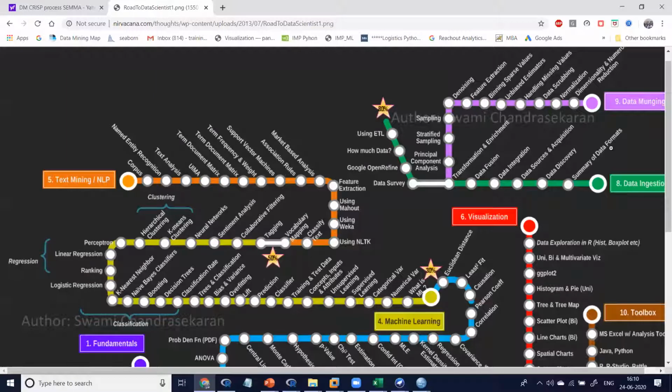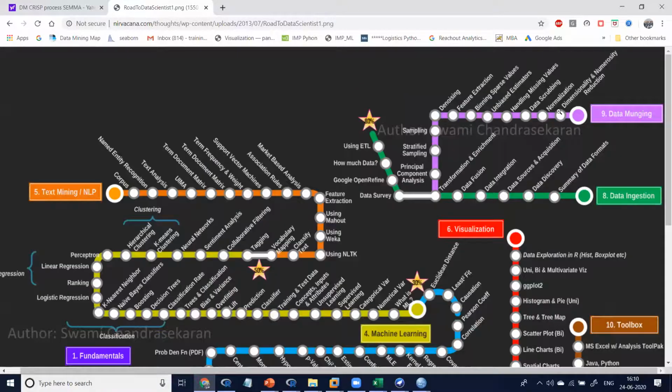Data ingestion, data munging, data scrubbing, like removing pimples by scrubbing. Your face will be smoothened by the scrubbing. It's called data scrubbing. You see it now: data scrubbing, data normalization, dimension reduction, unbiased estimation, feature extraction, denoising, principal component.